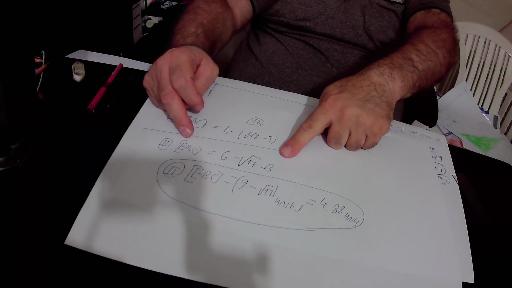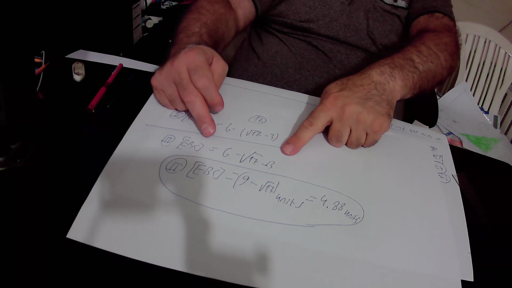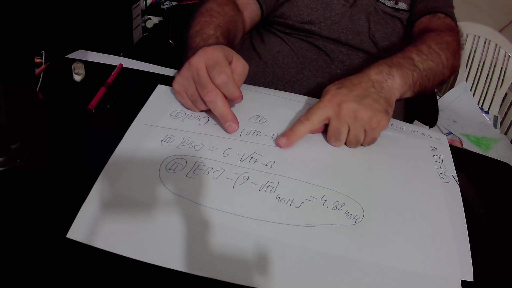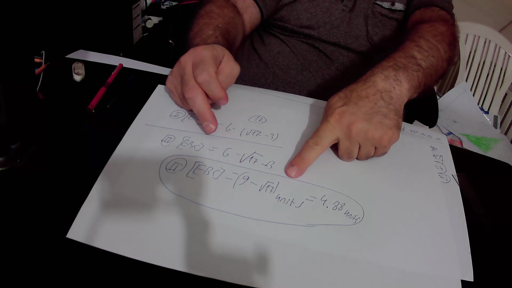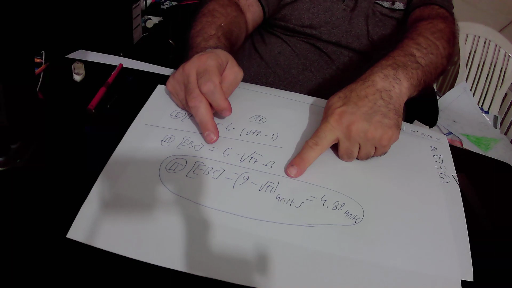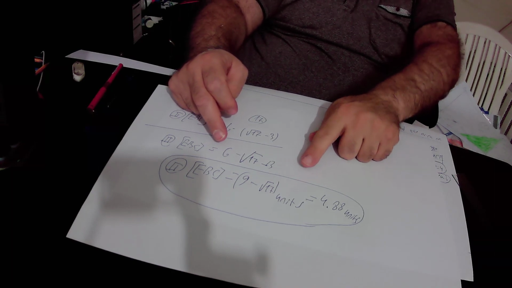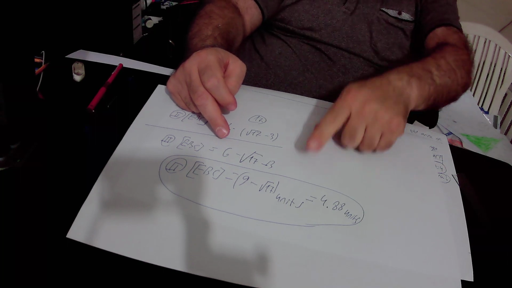So the area of the green right triangle, triangle EBC equals 6 plus 3. 6 plus 3 is 9. 9 minus square root of 17. So the area of the green right triangle, triangle EBC equals 9 minus square root of 17 square units,